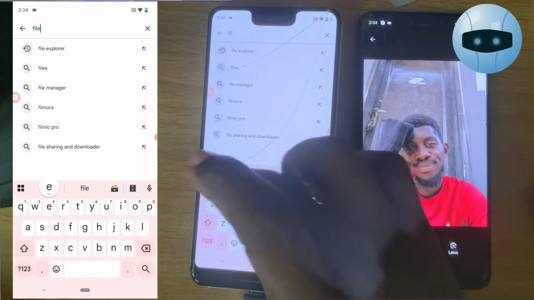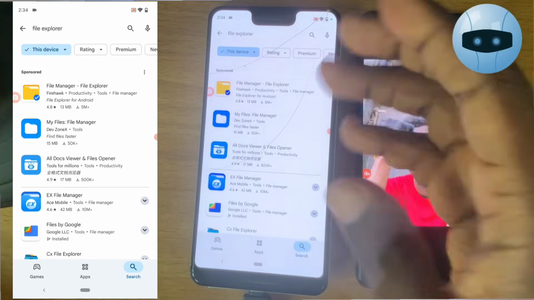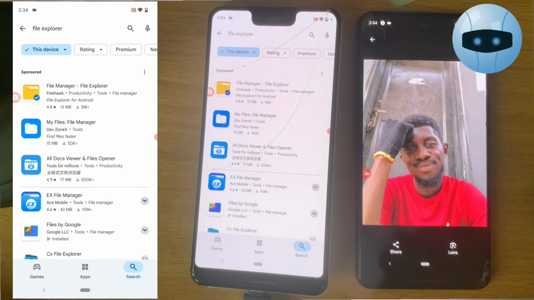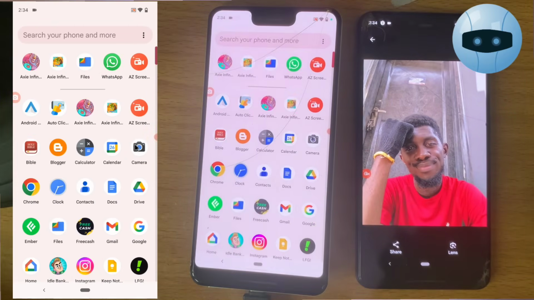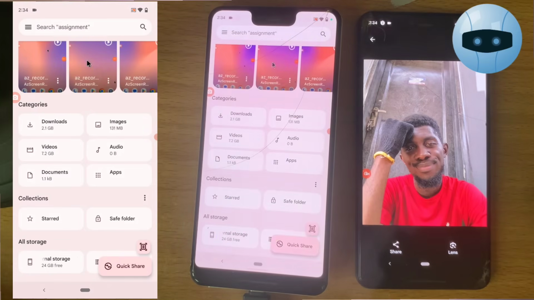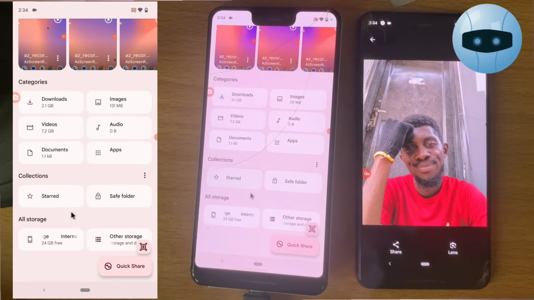So this is actually very important because what we are doing next is very important. Use any one you want, but for this video I'm using Google File Explorer, and other ones can be easier than this Google File Explorer because I think it's easier for me to do this on my Samsung than on the Google Pixel. So open your File Explorer, whichever File Explorer that you have,